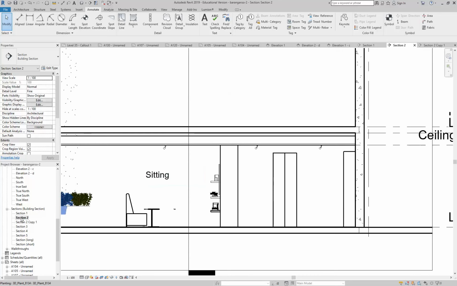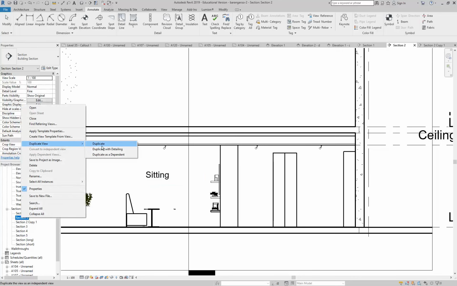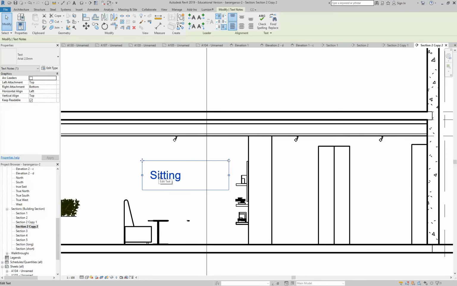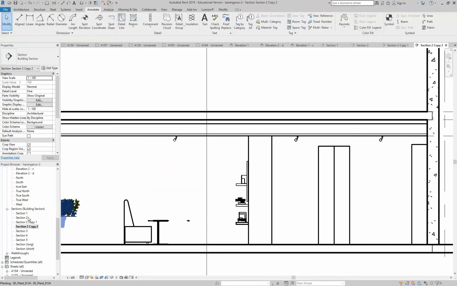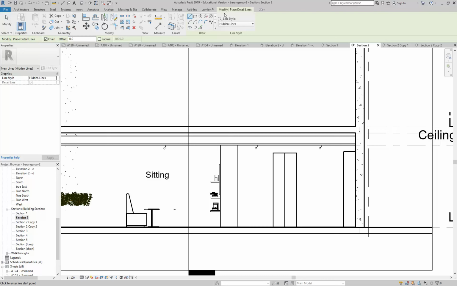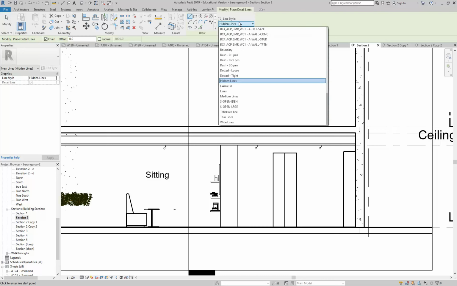overlay. The other option, if I choose duplicate with detailing, it will copy it with the text, but again the text is still unique to each view. So if I delete it from the copy, it's not deleted from the original. And so it's the same with all of these things on the Annotate tab. Dimensions are the same, and then detail lines are the same as well. So all those things we were looking at with detail lines last week are unique to each view, and then